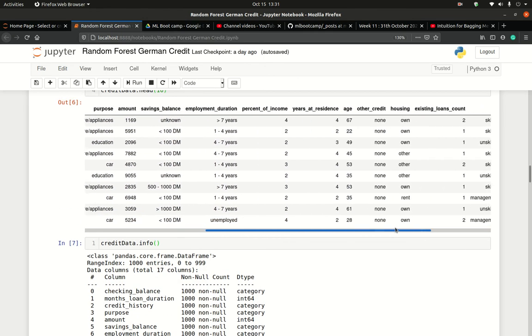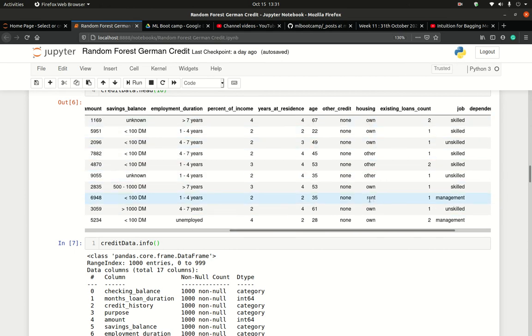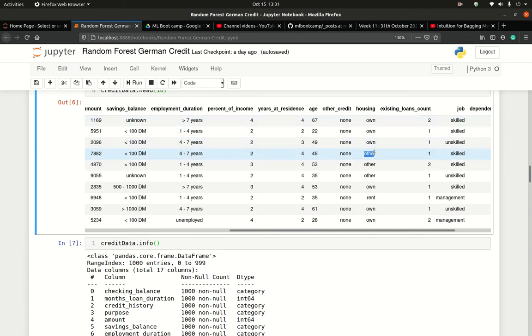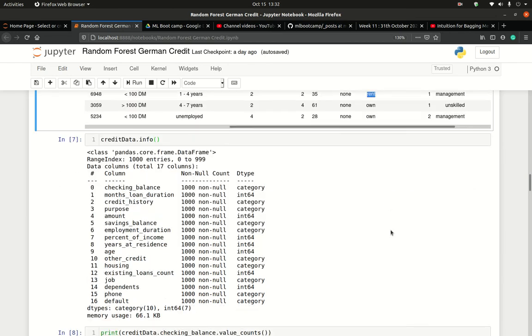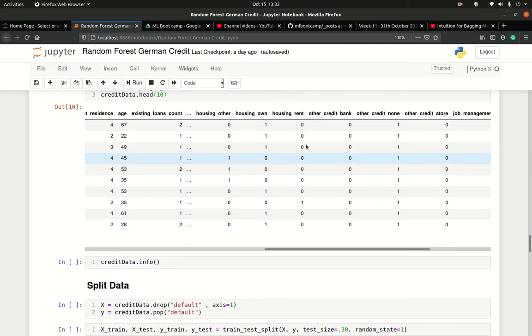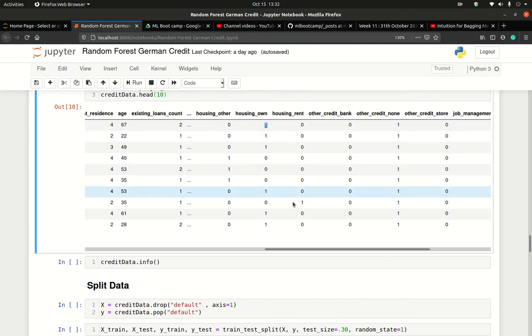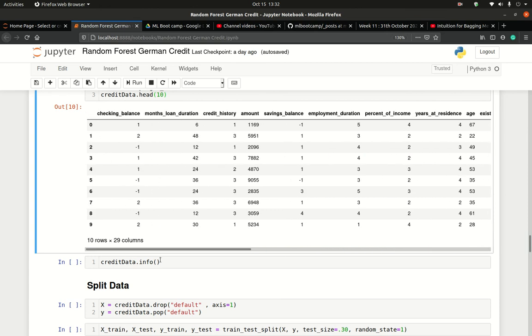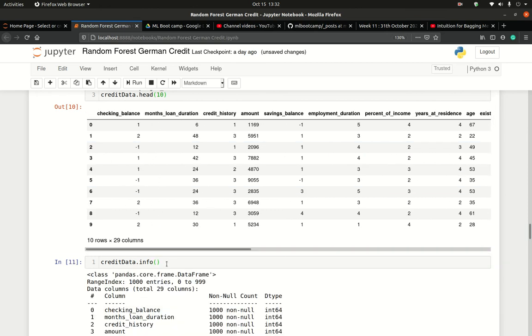Let's quickly check that here. So it looks fine. This had rent, this had own, and this was others. First one was own, fourth one was other, and the third last one was rent. First one was own, second last one was rent, third last one was rent, and this one was others here. So it has encoded properly, while we might have increased the number of columns, but now our data is ready